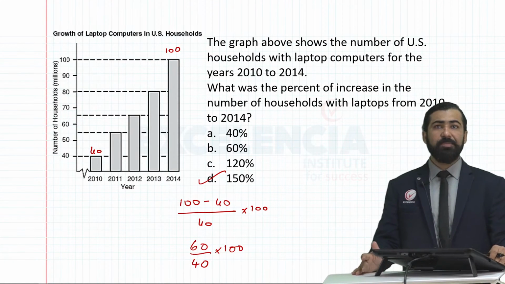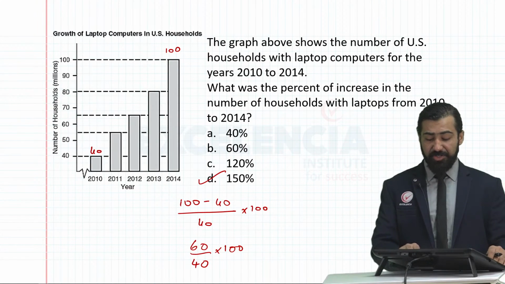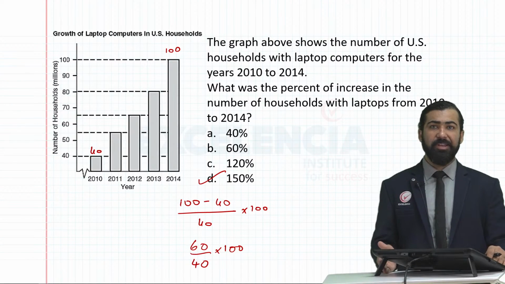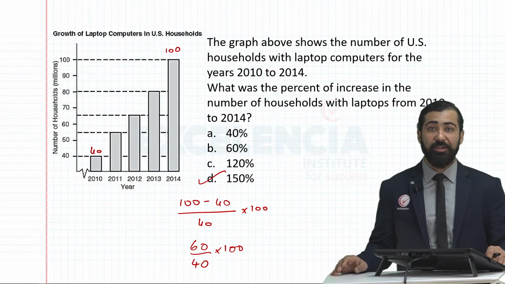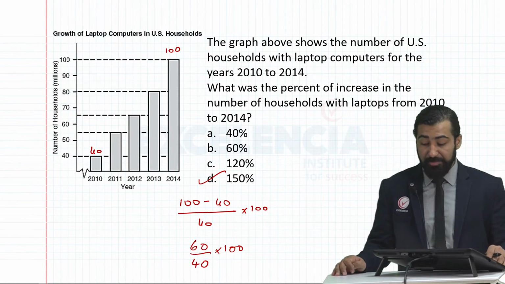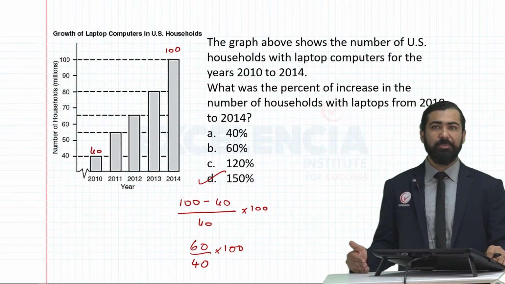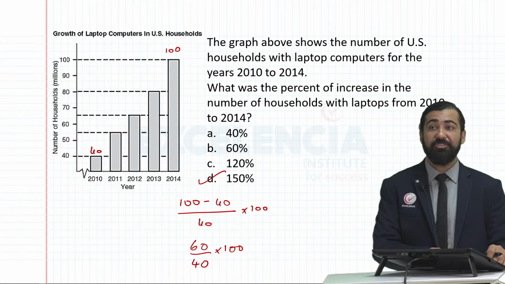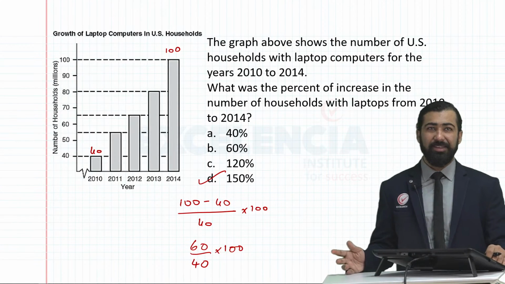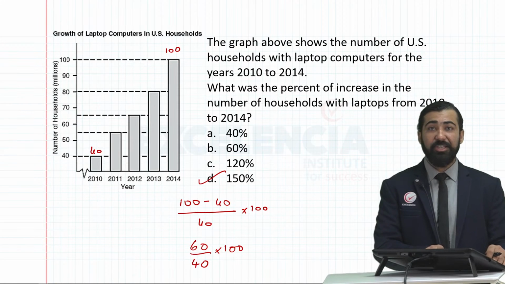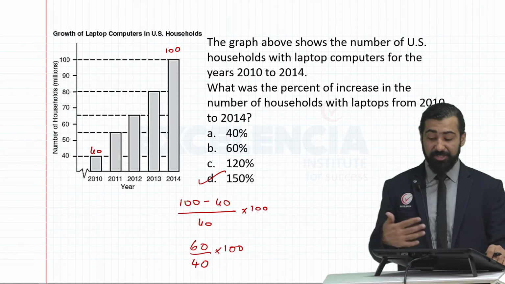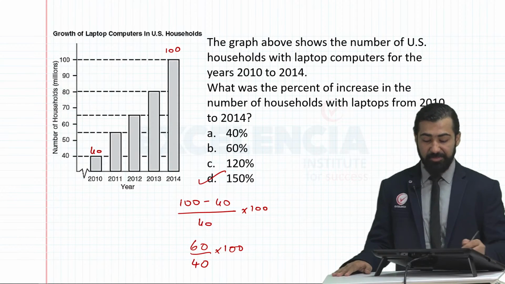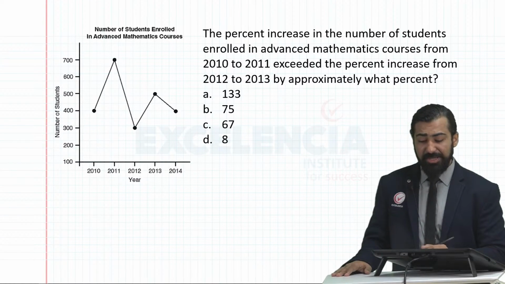Okay, I simply calculated how much is the increase from 2010 to 2014. The increase is 100 minus 40, because in 2014 we had 100 million and in 2010 we had 40 million. Since the unit millions will remain the same for numerator and denominator, it would get cancelled. So 100 minus 40 divided by the starting value with respect to which you are comparing, so 40. So 100 minus 40 divided by 40 times 100. Then next,